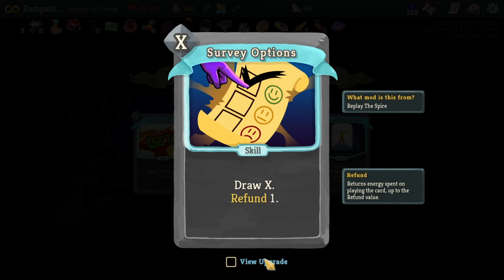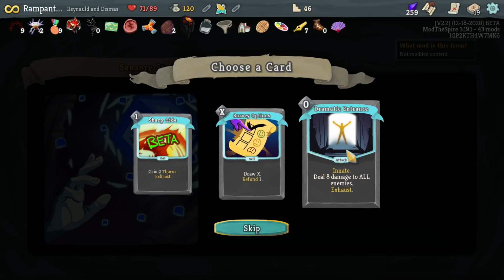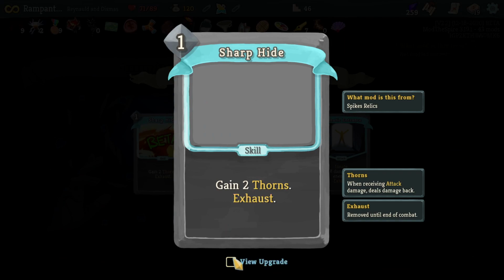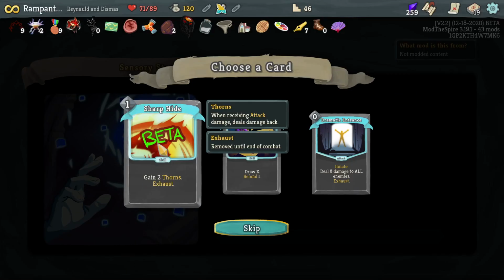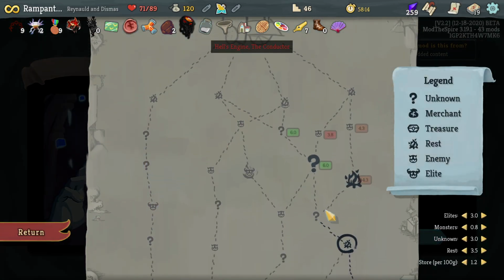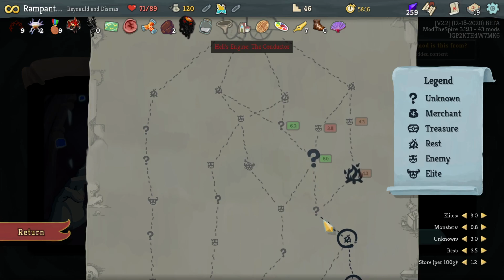Draw X, refund 1. Refund 2. This is actually a nice upgrade, but no. I might... This is from Spike's Relics? Really? This is a card. No, I don't want it. I don't want anything here. So for some reason it's actually giving me a better choice here, which...